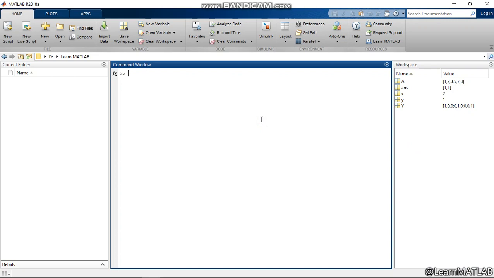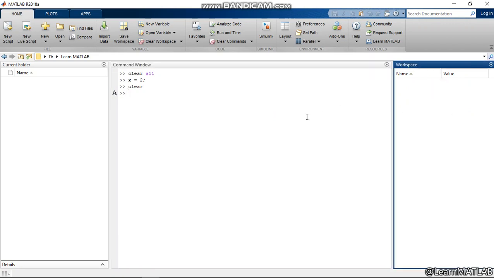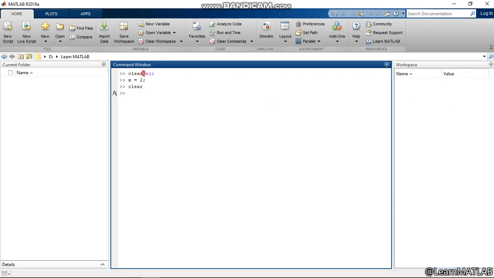If we want to clear the workspace, we can write clear all, or suppose I give x equals 2, you can also write clear. You can see the workspace has been emptied. So either you write clear all or you write clear.